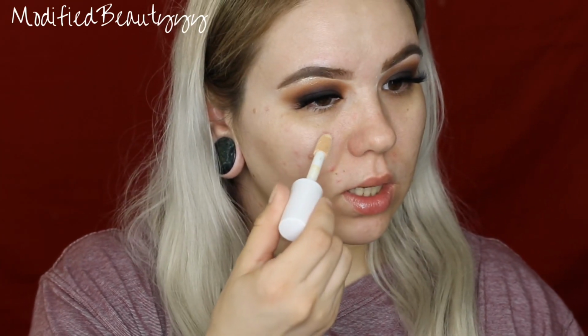And then I saw this hack on TikTok. This gal had pretty bad acne. I don't have super bad acne, but I'm breaking out really bad right now. So what she did was she took concealer, put it on the back of her hand, and used a concealer brush. So I'm gonna take one of my concealer brushes,